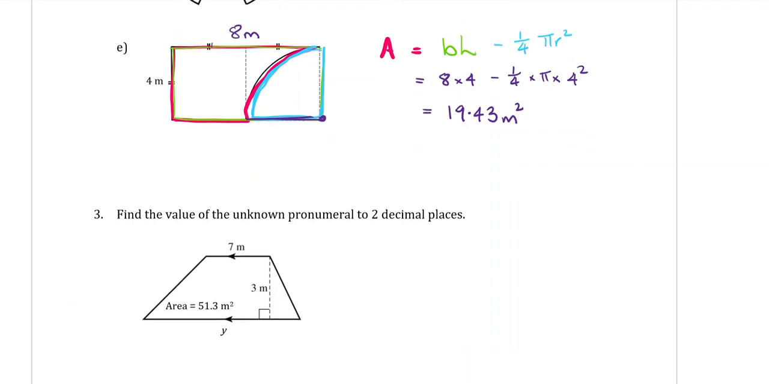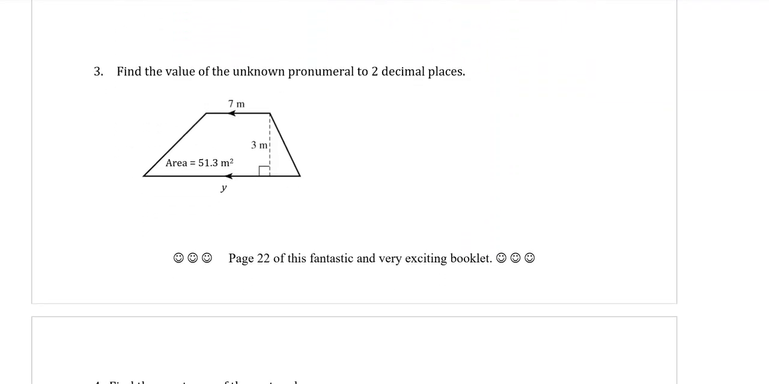Question 3. Find the value of the unknown pronumeral correct to 2 decimal places. So we have a trapezium again, but what's different about this question is that we're told the area is 51.3, and we're trying to find this missing side here, which they're calling y. So we will need to use the trapezium formula, which is A equals